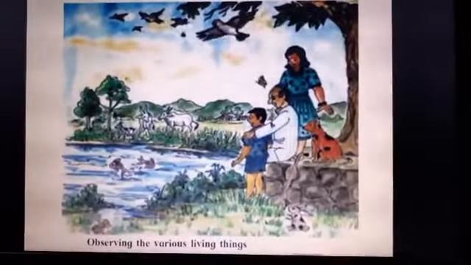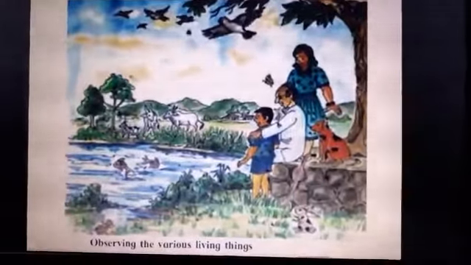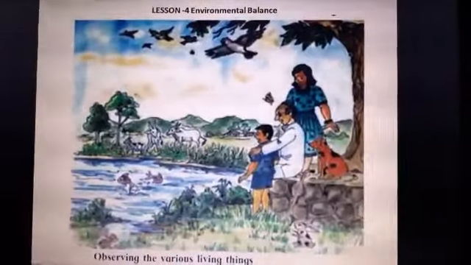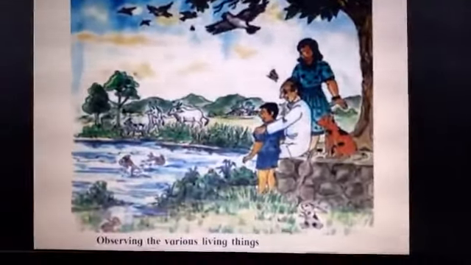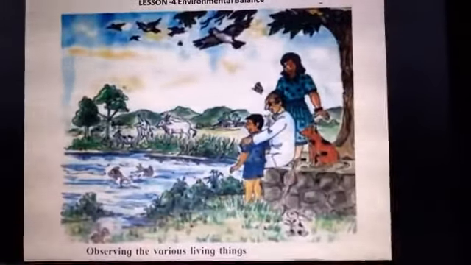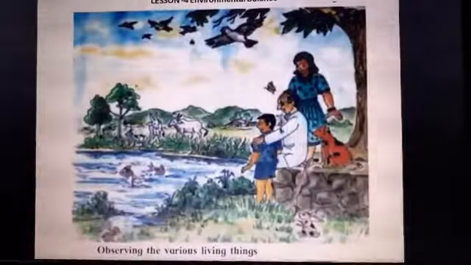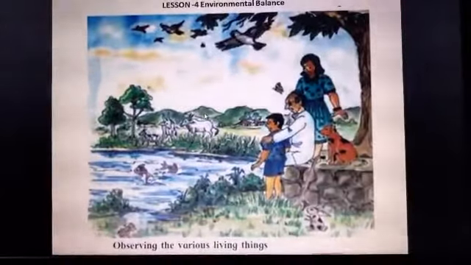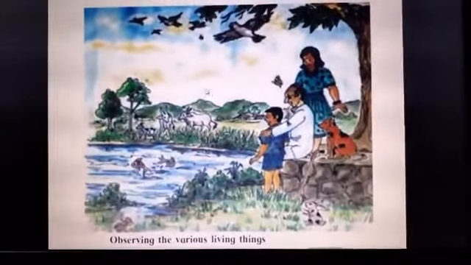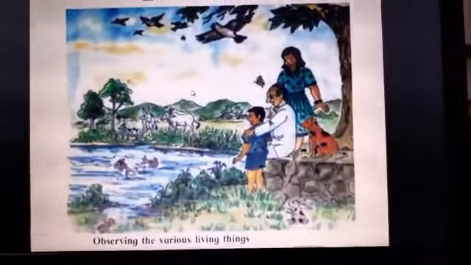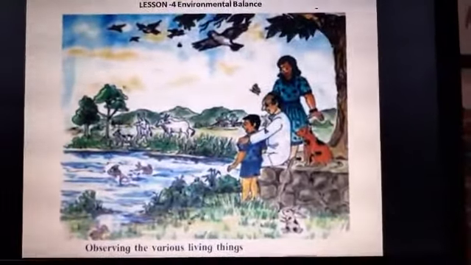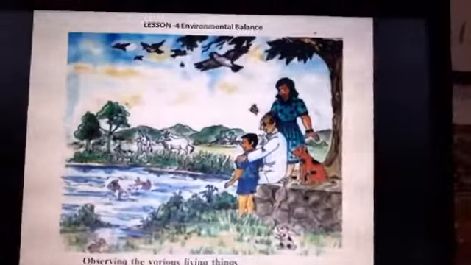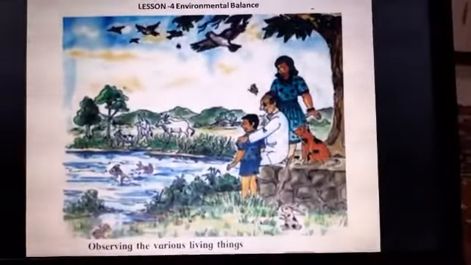Now this is the picture which is given in your textbook. Now if you go somewhere, it is very difficult to go, children, because we have to be safe at home due to COVID-19. But suppose you are living in a village area, or living with your grandparents where such a view is visible to you, you can find out the living things which are present in your surroundings. You can make a list of the things which you have seen in your surroundings, and which living thing you have observed. In the water what you have seen, on the land what you have seen, in the air what you have seen. So you can make a list of the things which you have seen. Okay.